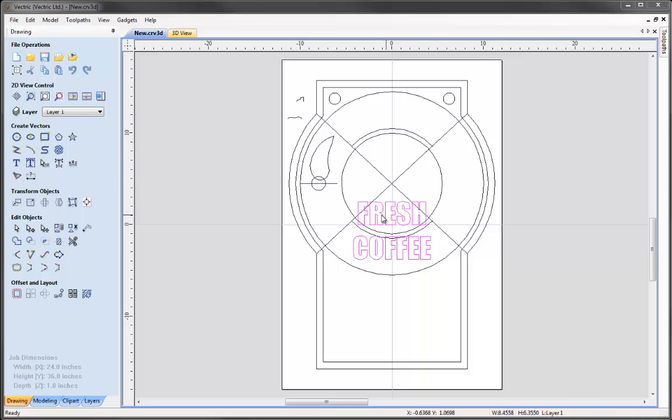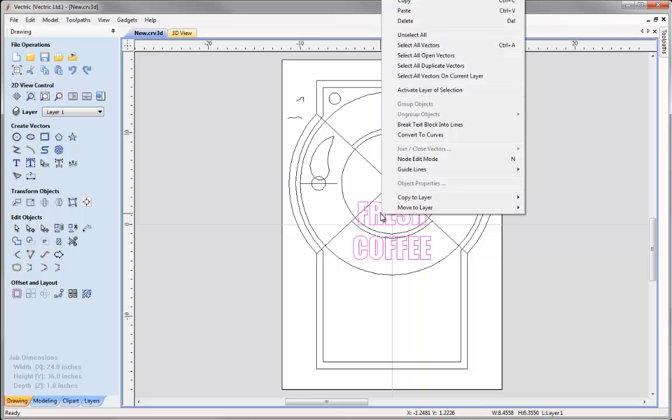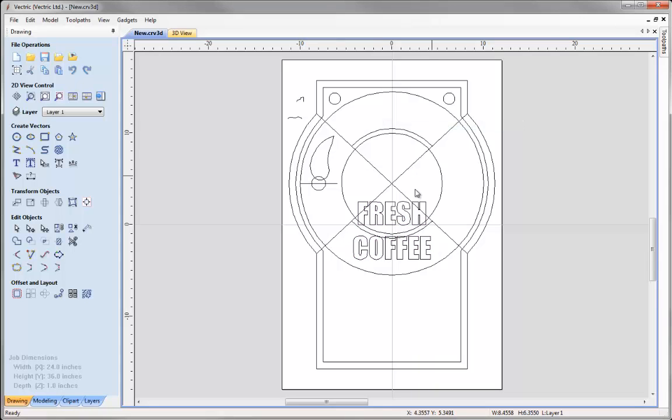So the idea is to have the word fresh aligned in the top segment here and the word coffee in the bottom. Now at the moment it's one entity and I need to break that up. So to do that I'm just going to right mouse click. We're going to go to the option break text block into lines and we can see now we've got two separate text blocks. So now if I select the word fresh and then holding down shift select this top curve that we've got here,